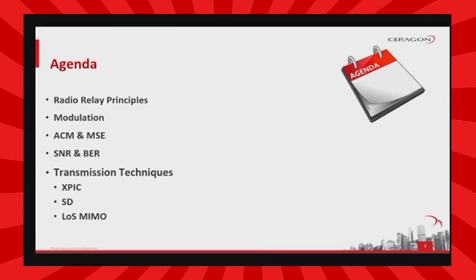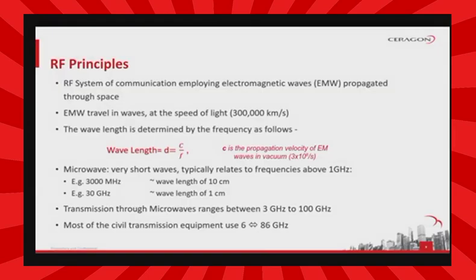Summary. In this module we will discuss radio relay principles, modulation, adaptive coding and modulation, ACM, and mean square error, MSE, SNR and bit error ratio, transmission techniques such as cross-polarization interference cancellation, spatial diversity and line of sight multiple in, multiple out. Radio relay is a system of communication employing electromagnetic waves propagated through space with the speed